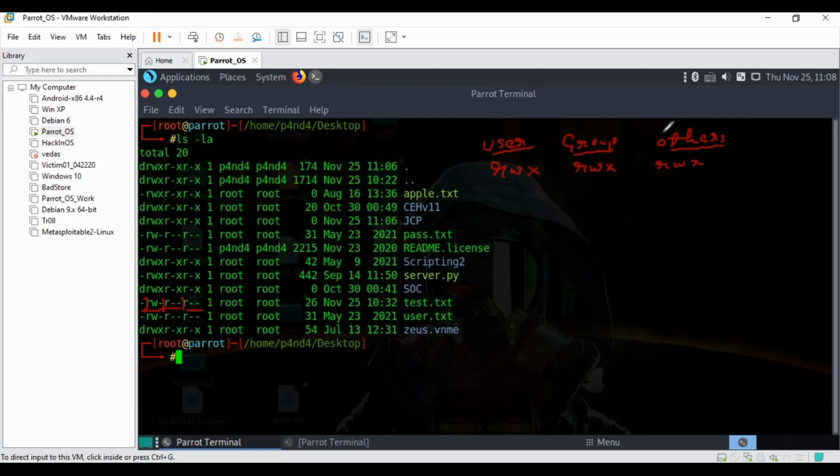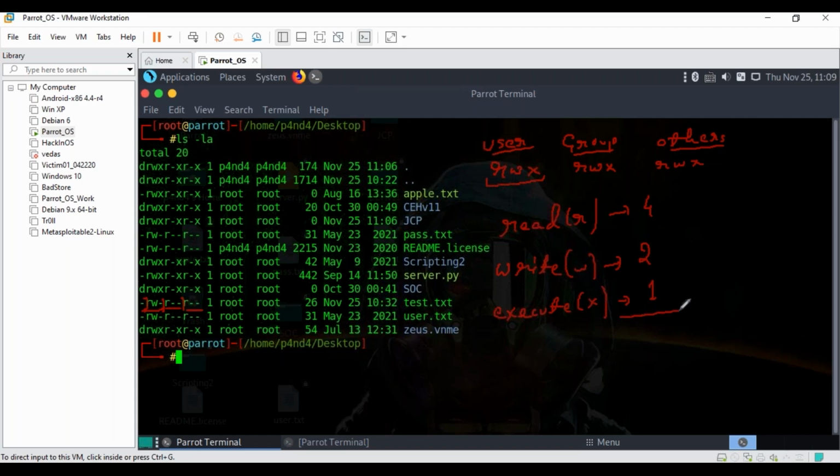Now see one thing. How to change permission? I will show you that. There is a command with the name chmod. Before that you need to see one thing. These every single permission: R stands for read, W for write, X for execute. R has a value 4, write is having a value 2, and execute is having a value 1.